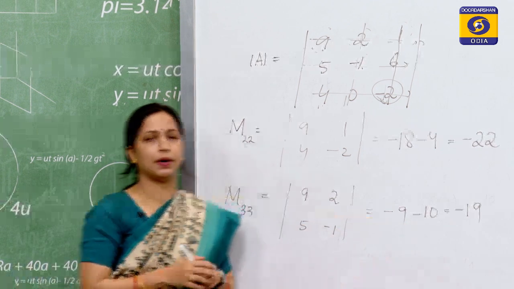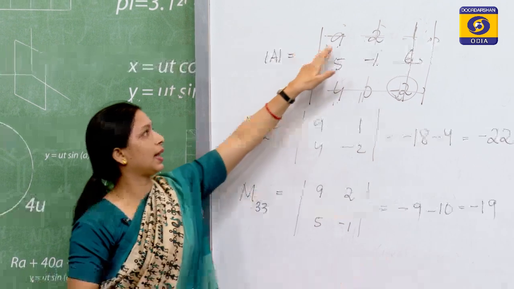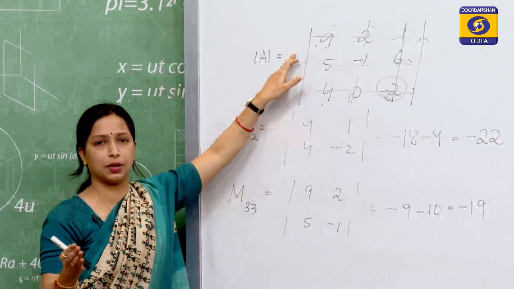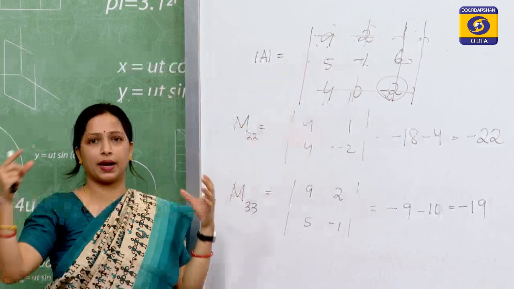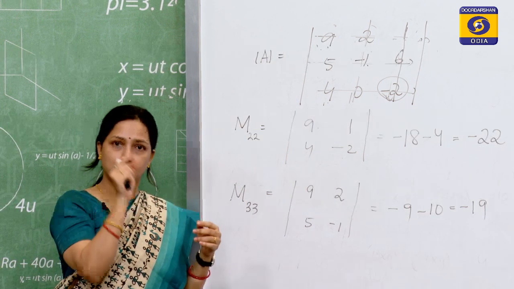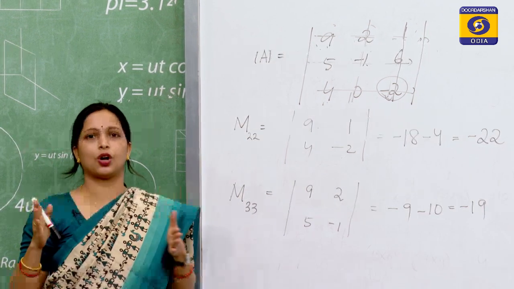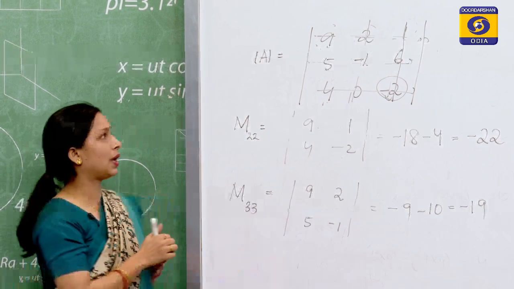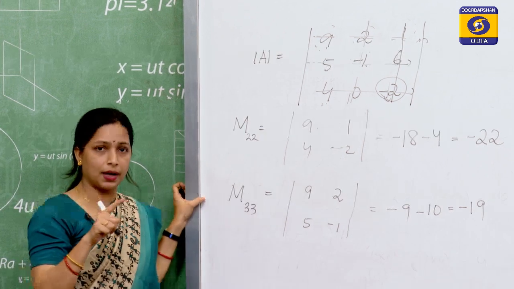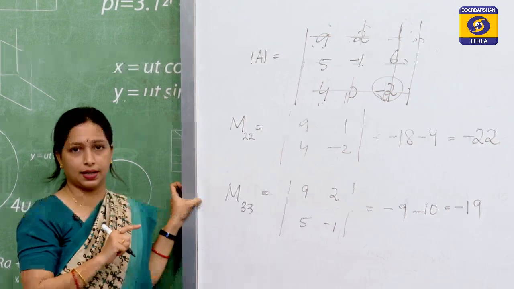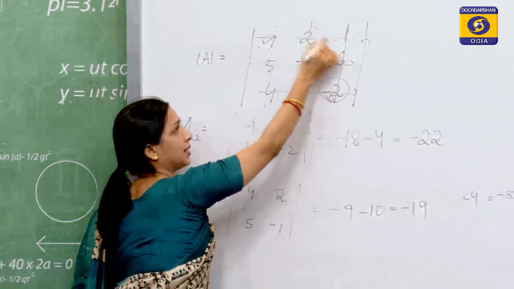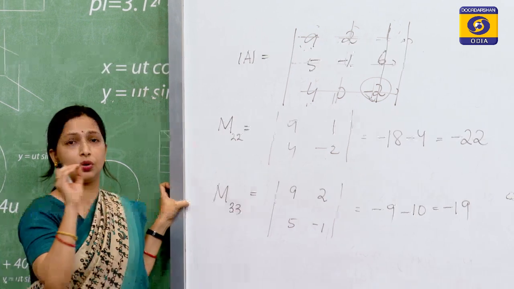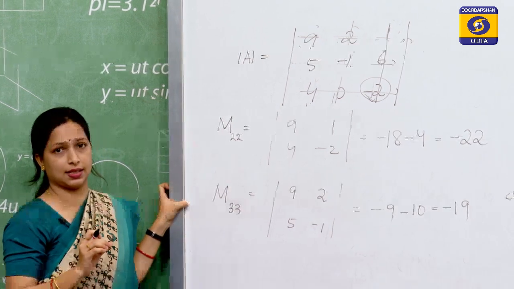So, you have to remember that here we are not multiplying the element. Usually when we find out the value of the determinant, we expand. Whenever we are expanding the row or the column, we take the positional sign, the element and then the second order determinant, but here we do not do that. Whenever we are finding out the minor, we are not taking the element in it. We are only taking the second order determinant that we get by deleting the row and the column in which it exists, right.